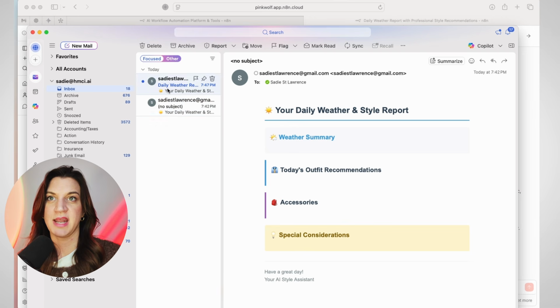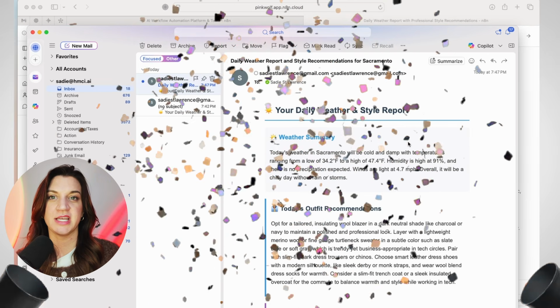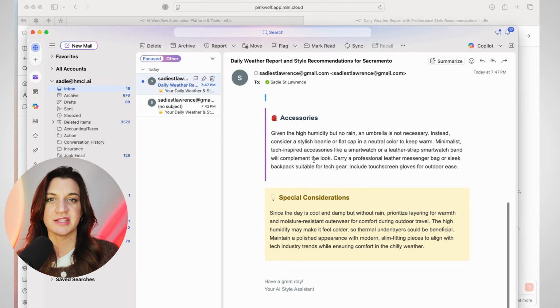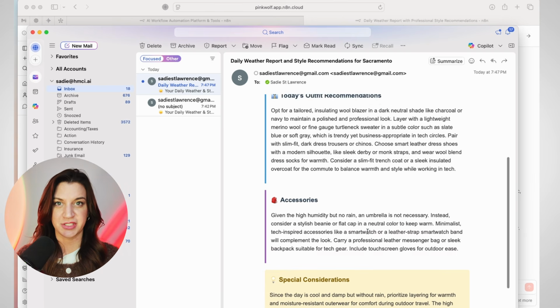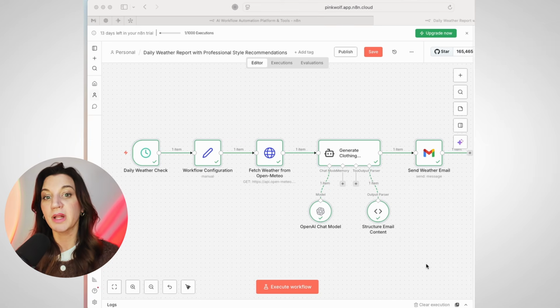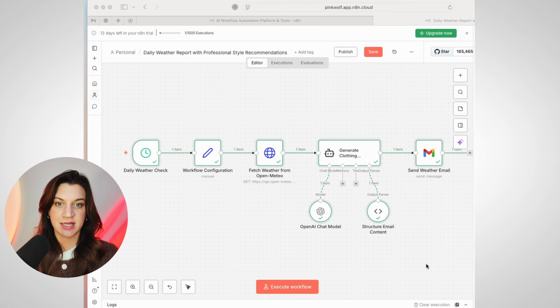And we see we now have a subject. Yay! Daily weather style report recommendations. I can see the weather summary, outfit recommendations, accessories, and special considerations. So what we have just built is a really incredible agent that goes out, searches the web daily, finds that information, consolidates that information, provides recommendations, restructures that into a really cute, friendly email, and then sends